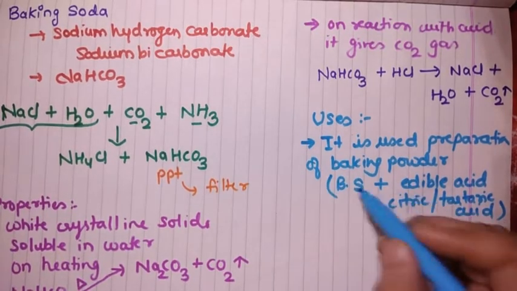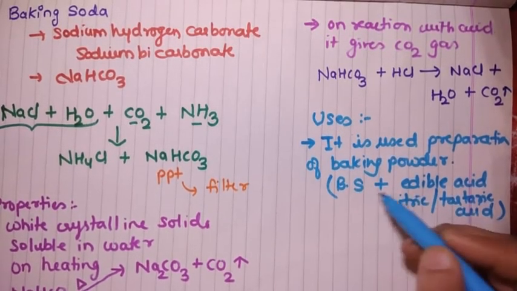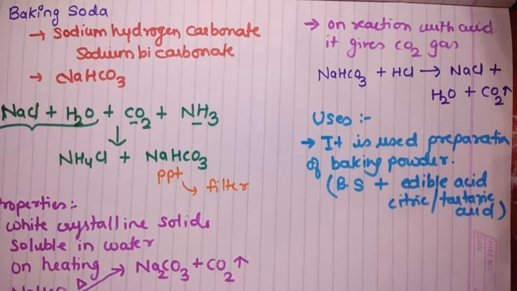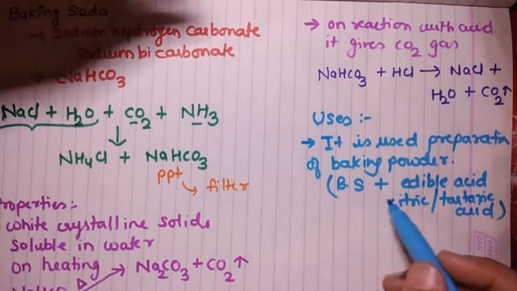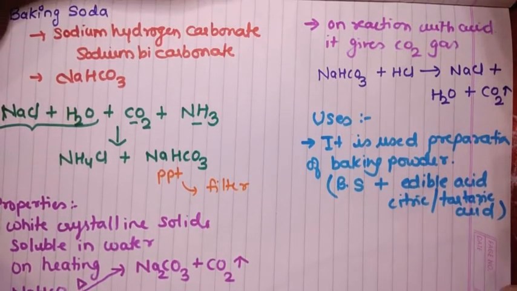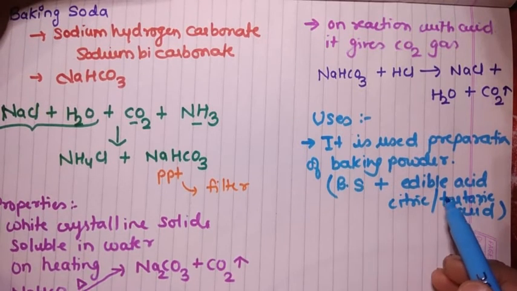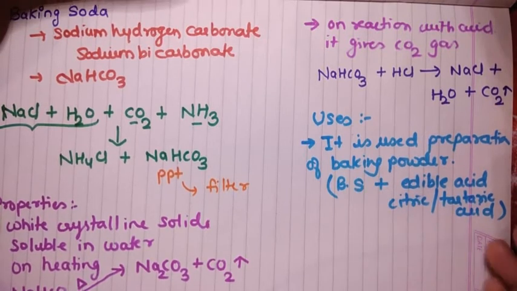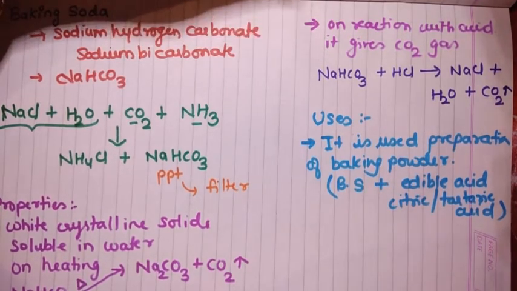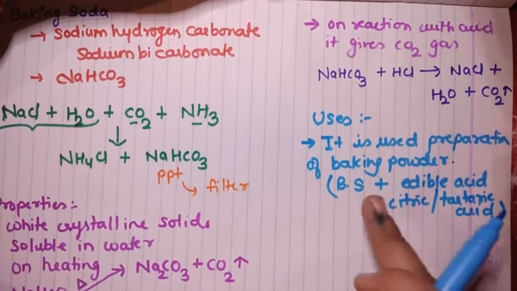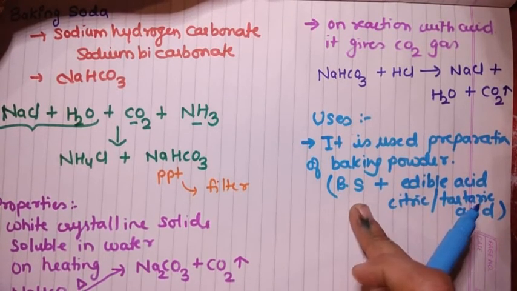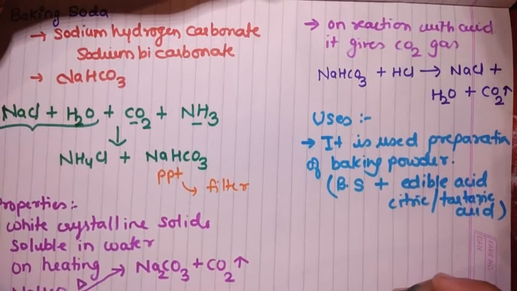Why are we not directly using this baking soda for eating or for adding as an ingredient? Because of its sour taste. We do not want to have a sour taste of any ingredient while eating. That is why we are mixing some amount of acid, so that the taste will get neutralized and we will get a sweet taste. That is why we add this acid with the baking soda, and we get baking powder.